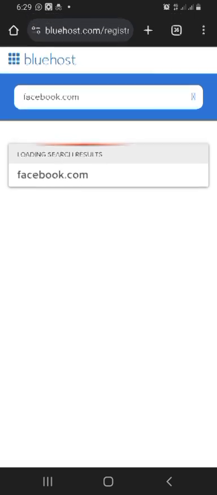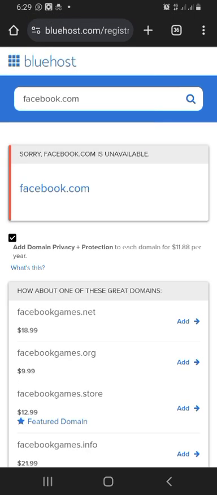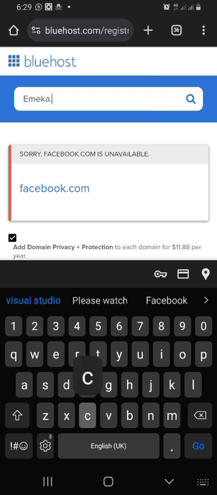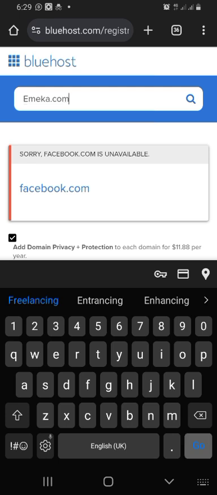So the importance of this is that any website you want to build, we first of all search the name, to see if the name is available or not available. You can customize the name, like as facebook.com is not available, you can still have facebook.ng, or add different things to make sure that you differentiate your website from another website.